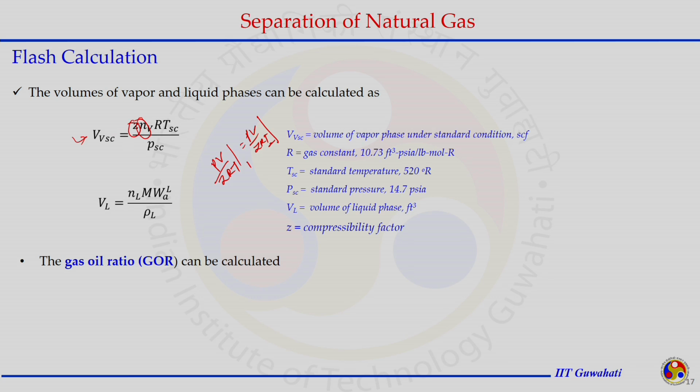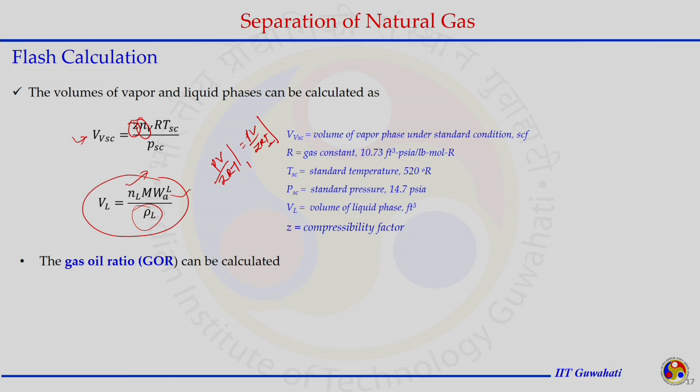Similarly, one more parameter appearing here is Z, the compressibility factor. From our natural gas properties class, we understand how to calculate the compressibility factor for a given composition at a particular temperature and pressure, and the Brill and Beggs method can be used to estimate the value of the compressibility factor. Then we know the volume of the gas or vapor that is going to be treated by a separator, and similarly we can get it for the liquid also. Once we know the total number of moles, multiplying by the molecular weight gives us the mass. Mass divided by the density of the liquid phase will tell us the volume of the liquid phase.